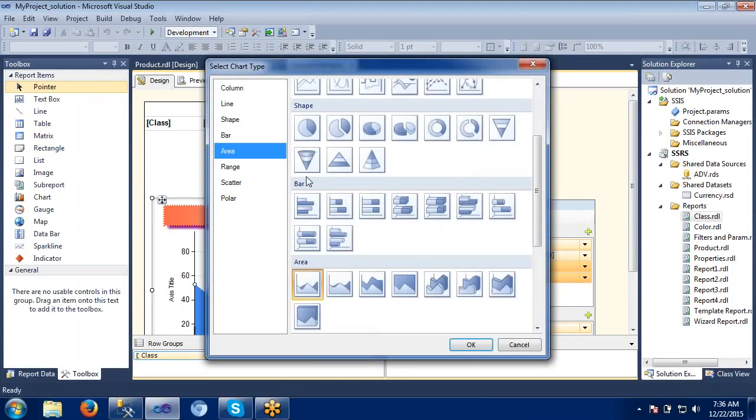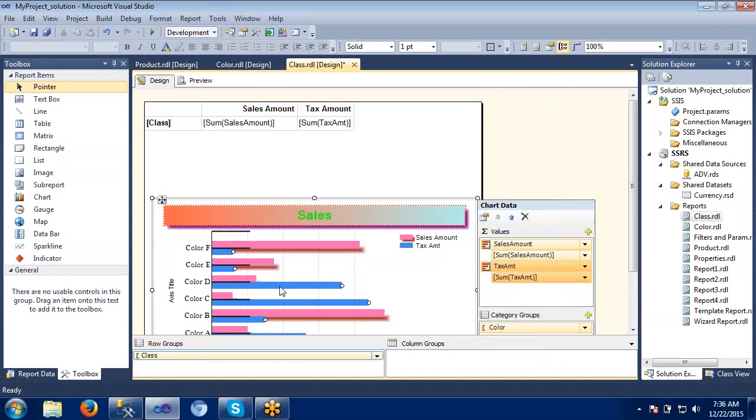Once we are done with this, we can change from any type to any type here. The chart type is right now in a shape. If you want to make it a bar chart, we can make it a bar chart here. Okay. So like this, we can do many things with a single chart, and we can make it in different shapes, depending on our client requirement. That was the last topic we were discussing.